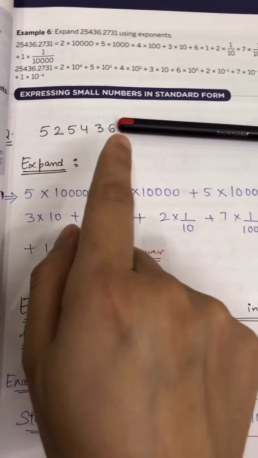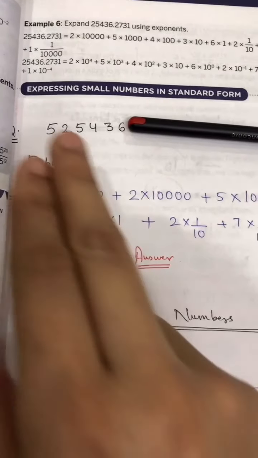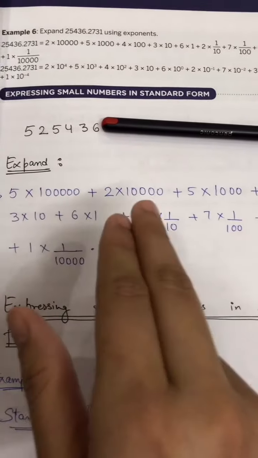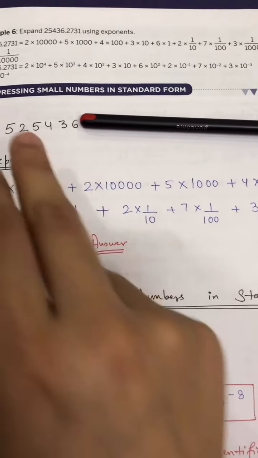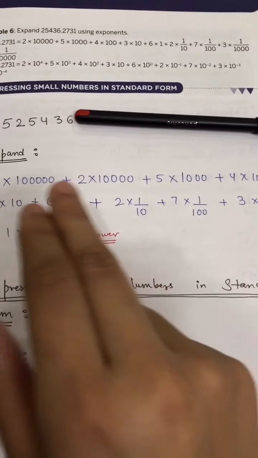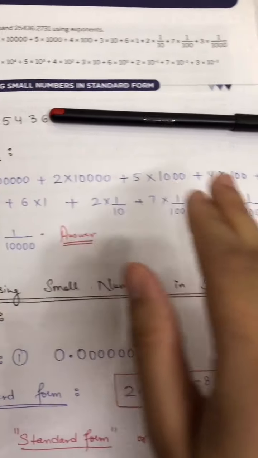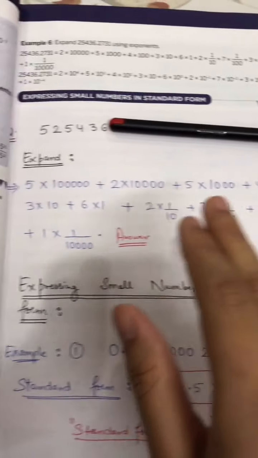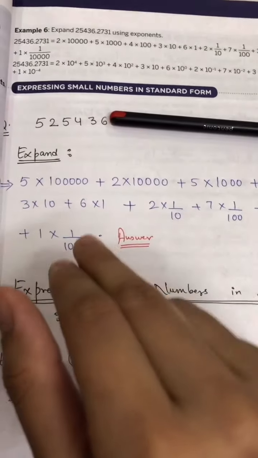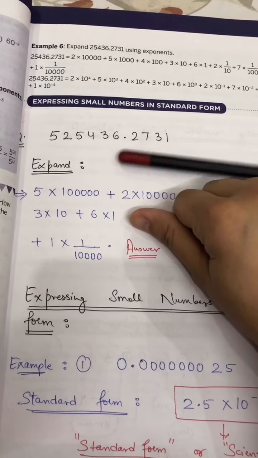You know very well how we are writing this in expanded form. You are doing this from the very beginning. Next is plus 2 multiplied by 1 and 4 zeros, means 10,000. Now next plus 5, how many numbers are there? 3 numbers, so 5 multiplied by 1000. Next is plus 4 multiplied by 100, because after 4 two numbers are left, so we multiply with 100. Next is 3 multiplied by 10, plus 6 multiplied by 1. Up to here you have done the questions in the previous grades.